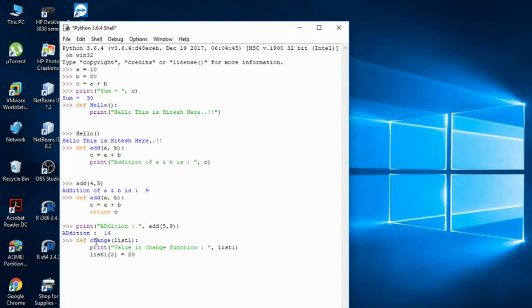Just press enter, and the value is changed in list1, though you won't be able to see it until